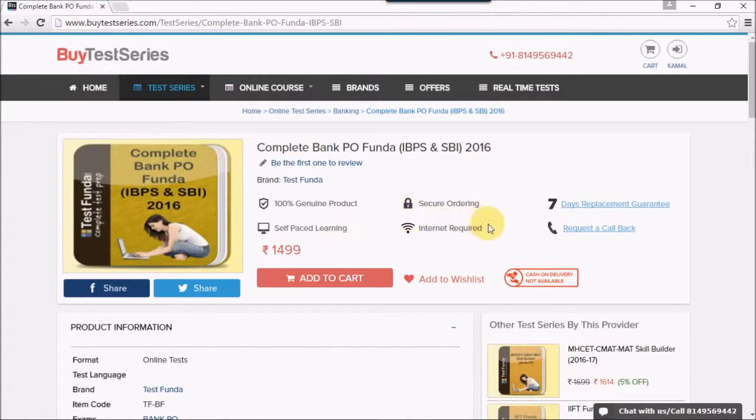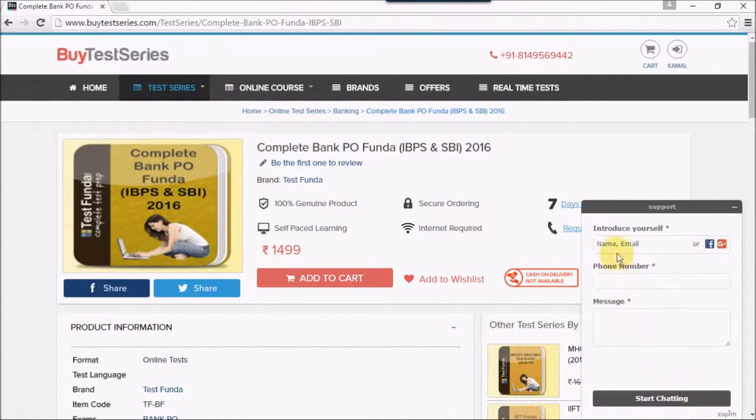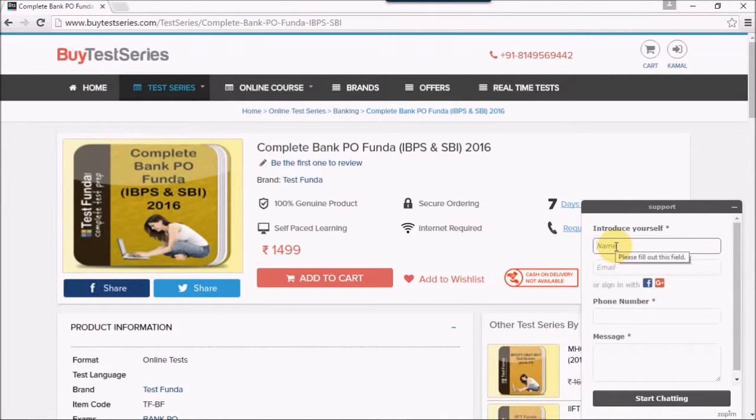Note this important feature called the chat window, which appears on the bottom right corner of your screen. In case you have any query, you can just click on that window and enter your name and email address. In this case, I'll enter my name, the email address, and my phone number.